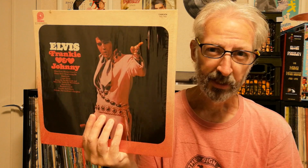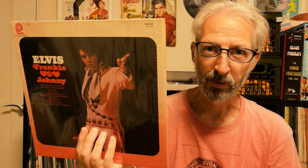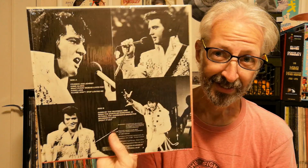And it's always a worry when you get an album like this where they've taken away some songs. Are they going to take away the good ones? Well, I'm happy to say that on this particular album, they did leave in everybody's favorite, Petunia, the Gardener's Daughter, so you can relax. Just out of interest, the songs that they did away with were Chessay, Look Out Broadway,